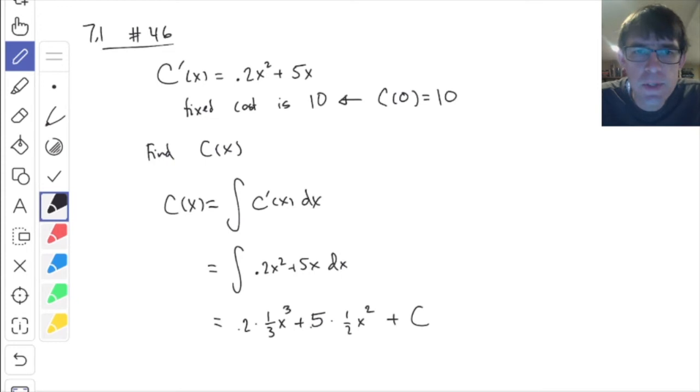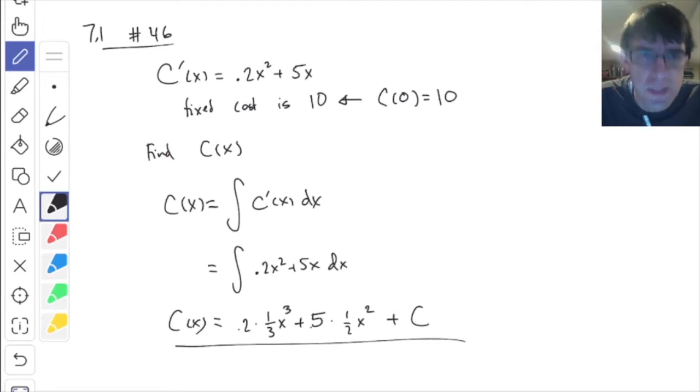Now, in the previous sections, the plus c didn't matter, and I just said you always have to put it there. Actually, in this section, the plus c does matter. This right here is an equation for c of x, which was our job to find, but it has this extra unknown constant, the plus c. What is the plus c? In a problem like this, you can actually solve for the c using this fact right here, the cost of